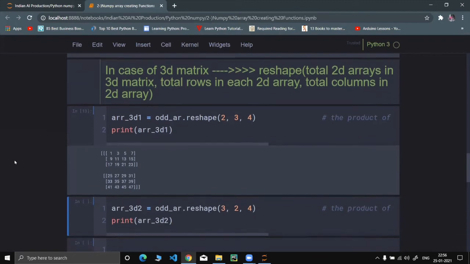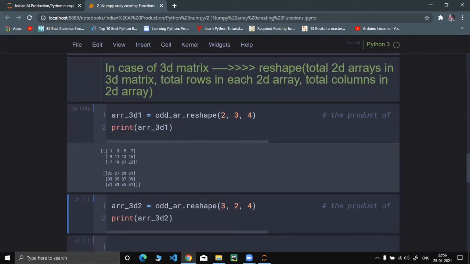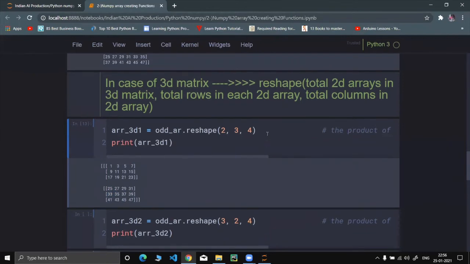So yeah, we can see over here this is the first array and this is the second array. Just focus on the parameters, okay? Nothing much is important over here, but you need to focus upon these parameters. The first parameter would be equal to the total number of arrays we want in our matrix. Now just consider this is a 3D matrix, okay?